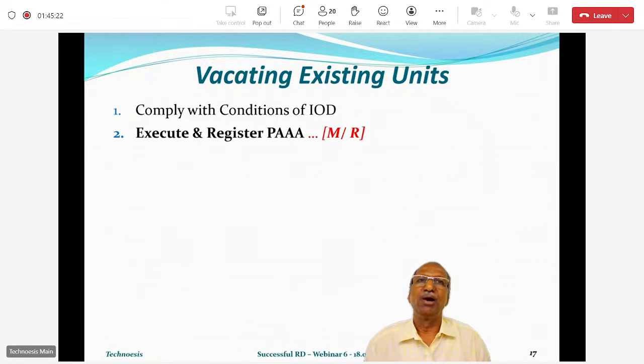Now the time has come. You have received the IOD, and your allotment has also been done. Each member knows which flat has been allotted to him. Now the time has come to execute and register the PAAA, the draft of which you have already approved, along with the deed and POA. So this is again a milestone, and the record itself is the PAA. So if you have 100 members, each member will have his PAA signed, and he becomes entitled, he becomes the legal owner of that flat which has been approved and which will be